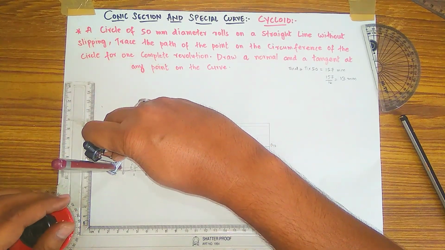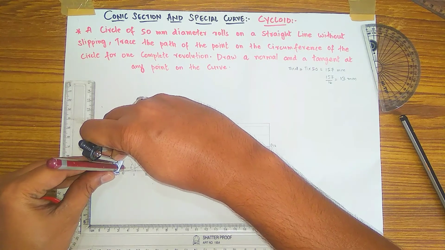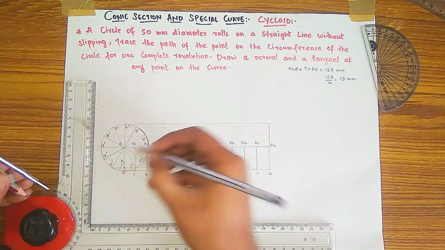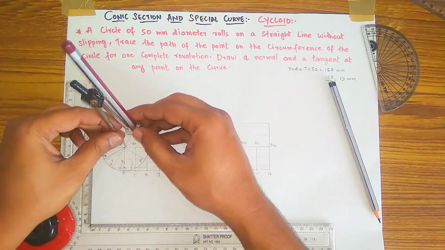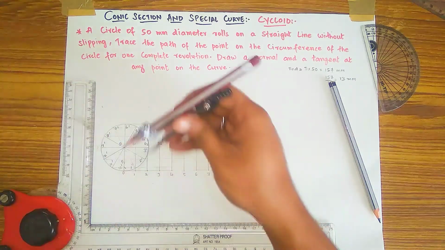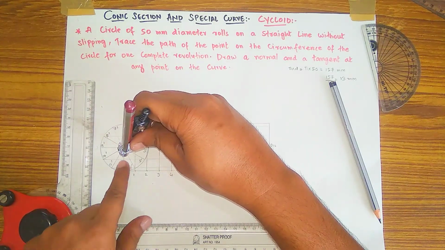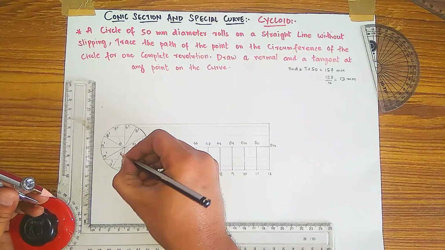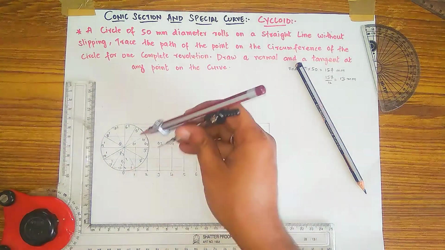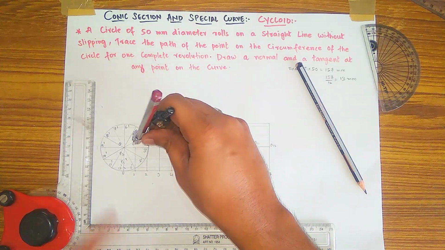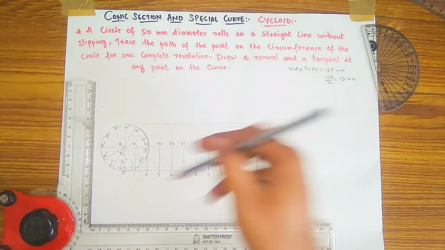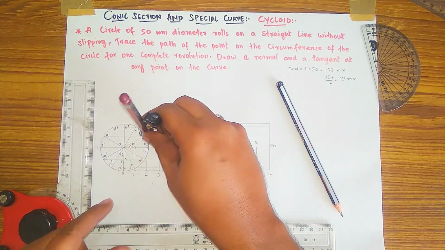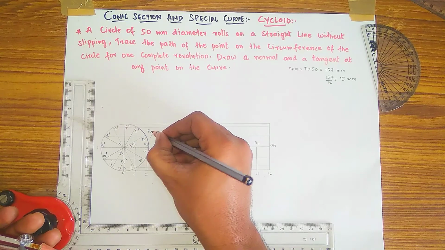On O1, this point will be P1. Label it as P1, and in the same way, 25 mm from O2 you have to take on the second line, which is this line, and label this point as P2. Then from O3, keeping on the O3 line, this will be O3. Then the same process for the fourth line, this will be P4.